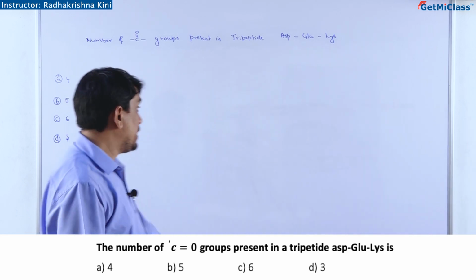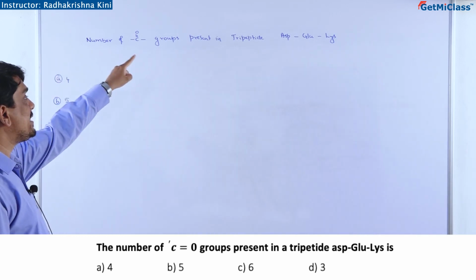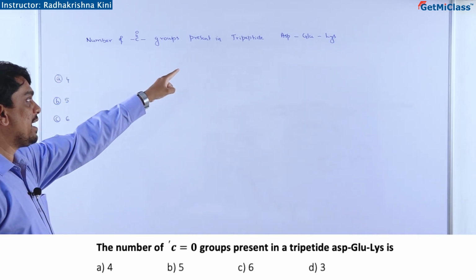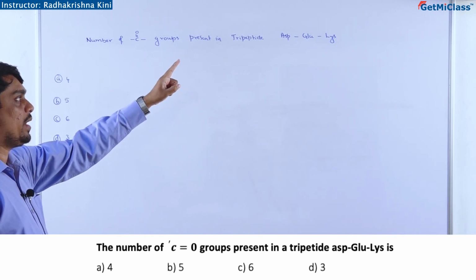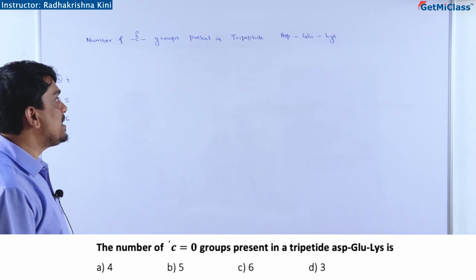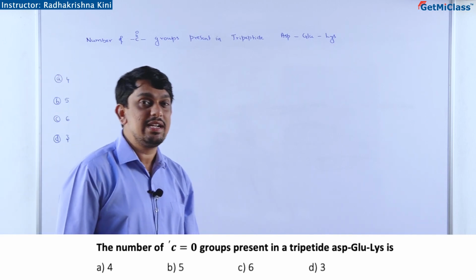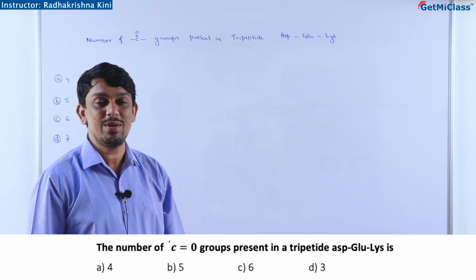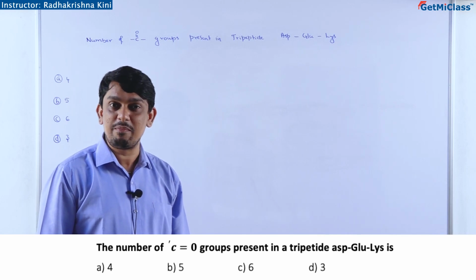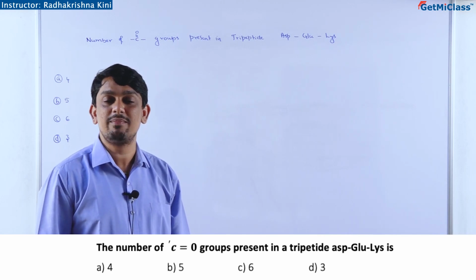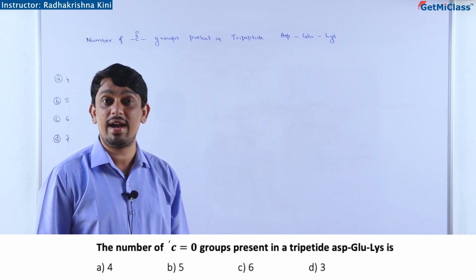Students, look at the question. You should find out how many CO groups are present in the tripeptide. That tripeptide is made up of ASP, GLU and LYS. We know that peptides are the condensation product of amino acids. Am I right? So when I say tripeptide, the tripeptide is made up of 3 amino acid